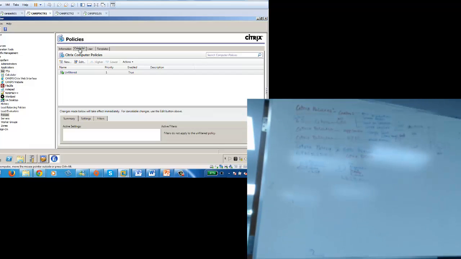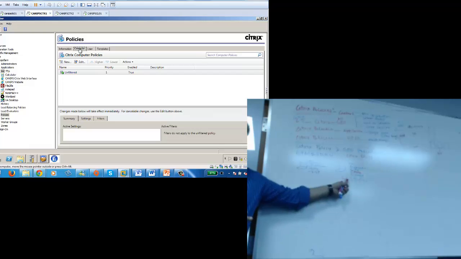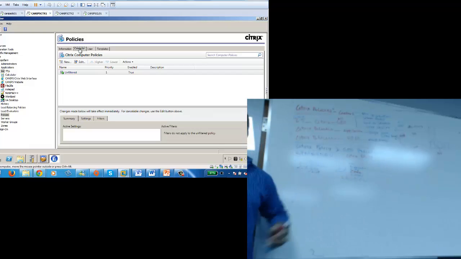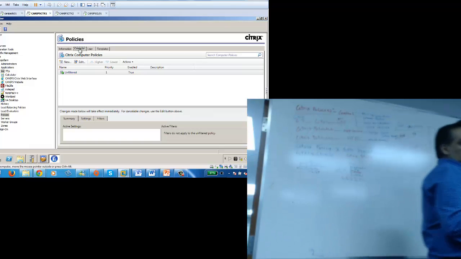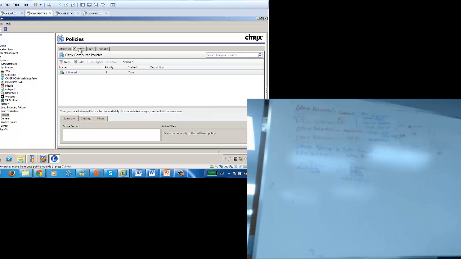So if you don't have Citrix, then it is just LSDOU. Whereas when you have Citrix, after local, the Citrix policy will be applied. And after that, site policy and domain and OU policy will be applied. Now, guys, all these policies can work if there is no conflict. But if there is a conflict,